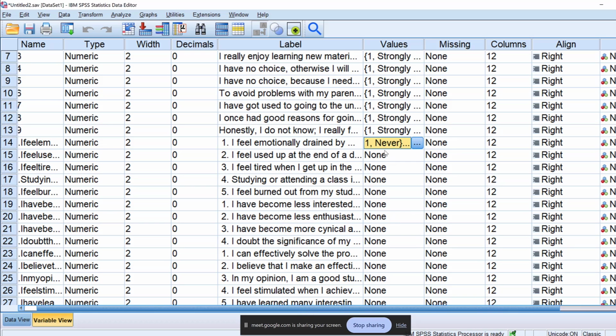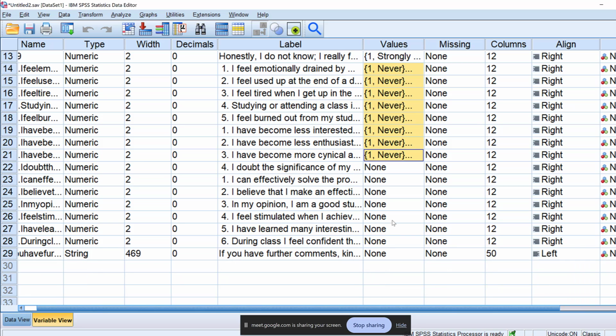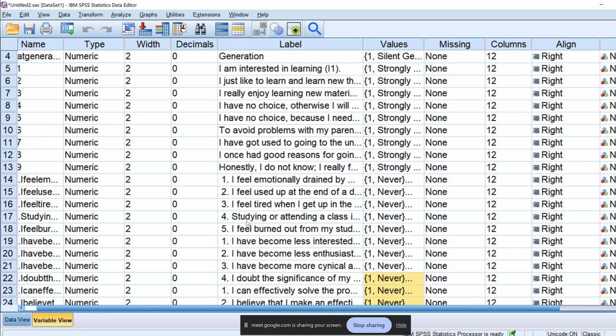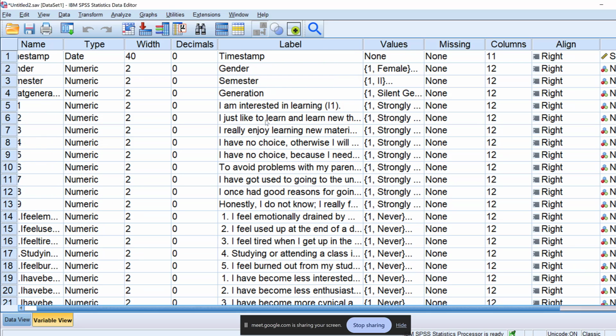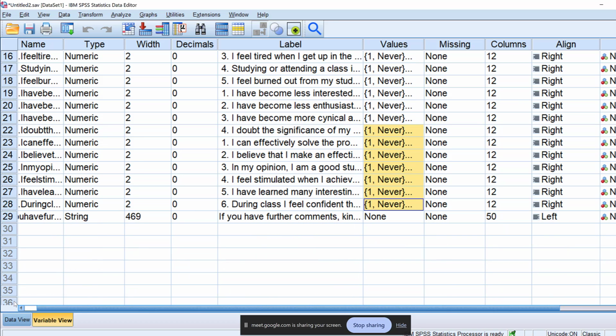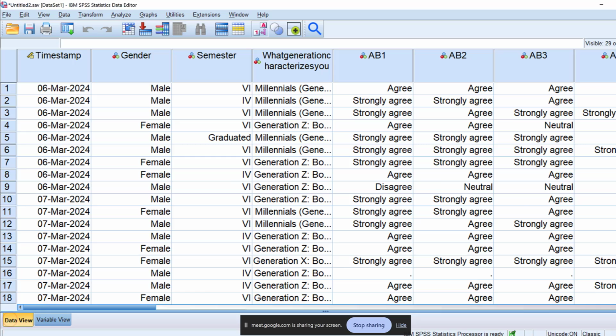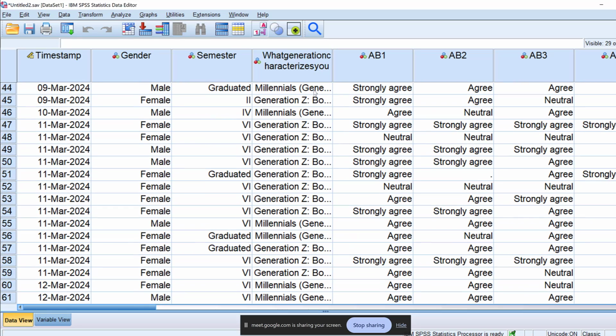Okay. So here I need to do the same. So I will just copy these. Again, select everything and keep doing it like that multiple times. Sometimes some items may need to be reverse coded, so I need to be careful with that. So once I have them like this, I could run exploratory factor analysis to determine the factor structure of this scale. Since I have a sample size that is 100 and above,